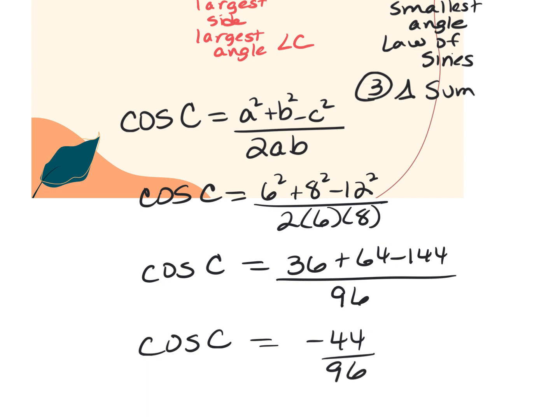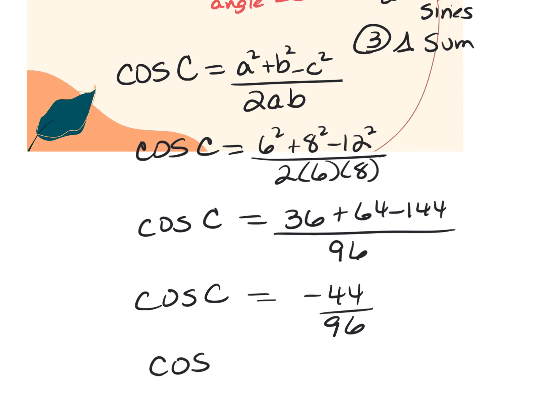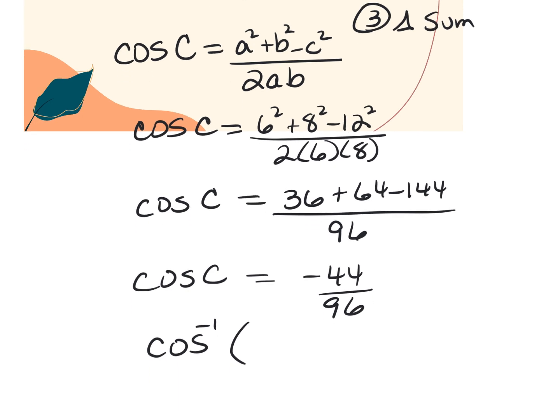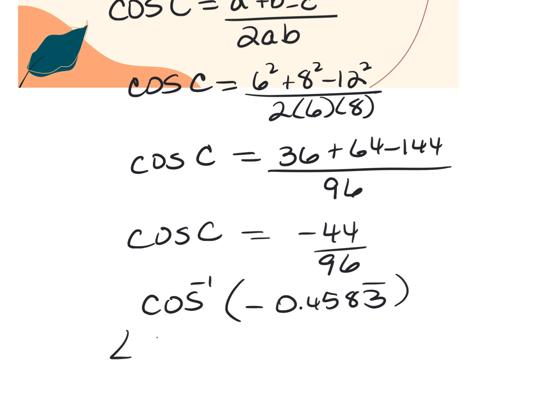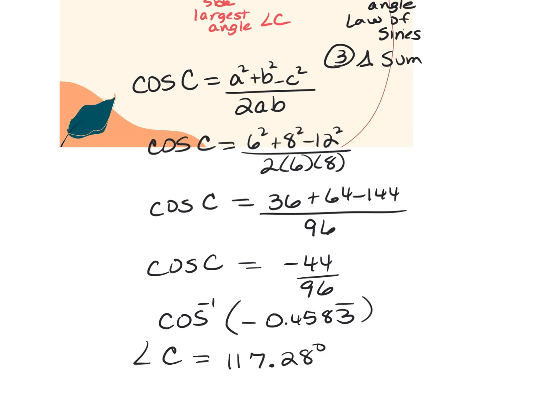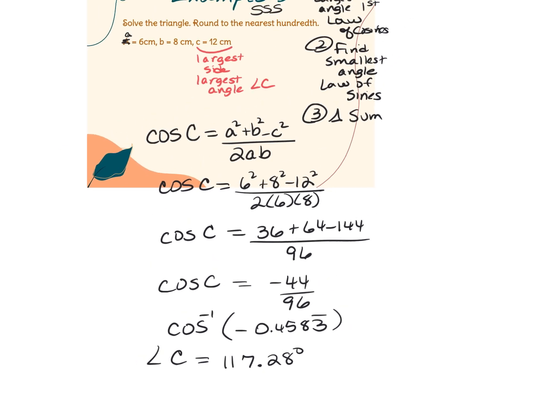And now, because I'm looking for an angle, I'm doing inverse. So cosine negative 1. Once I divide negative 44 by 96, I get negative 0.4583 repeating. Once I hit enter, angle C is equal to 117.28 degrees. Step 2, I'm gonna find my smallest angle, and if you go up here, the smallest side is